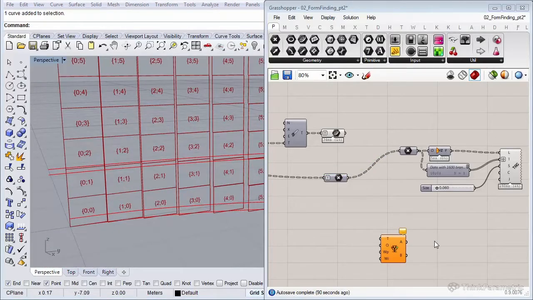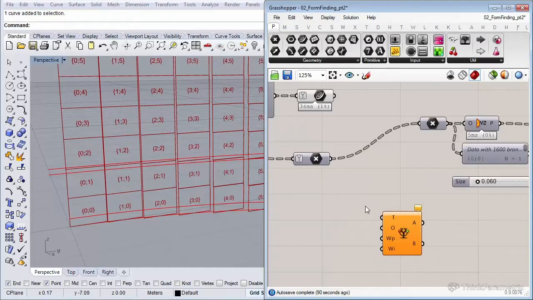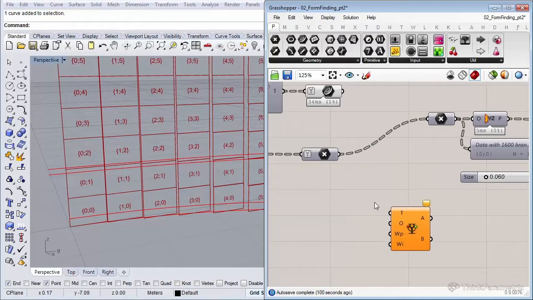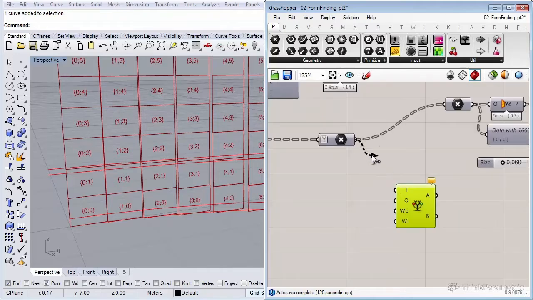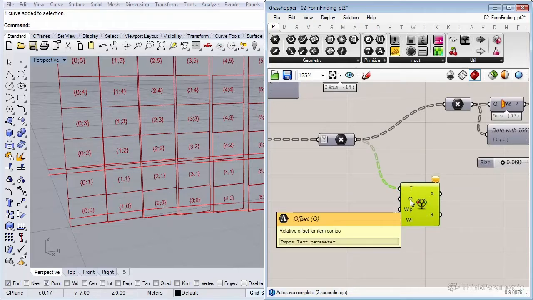Now to come back to the relative tree item, just to show you how nice this component is and the power of it. Before you would have to do a lot of complicated tree and data structure operations to get to the same result. But now, just with this component, it will do it for us in a very easy and nice way. So the T, that's going to be the tree you want to operate on, which is going to be our point. So let's connect it to it. Now the offset, that stands for the neighboring item you want to retrieve from the tree.